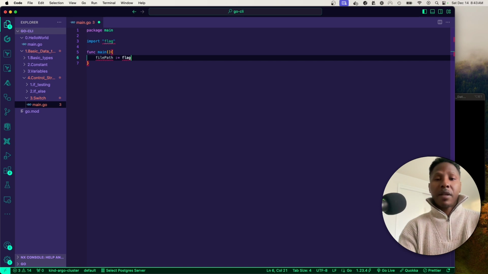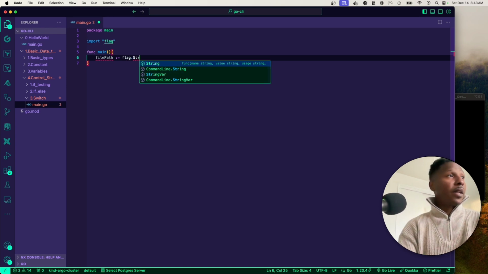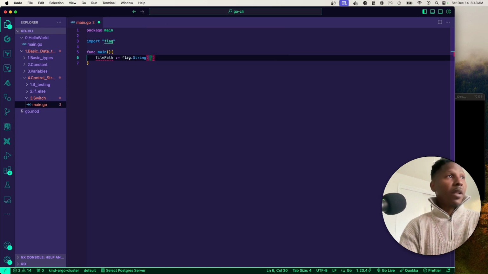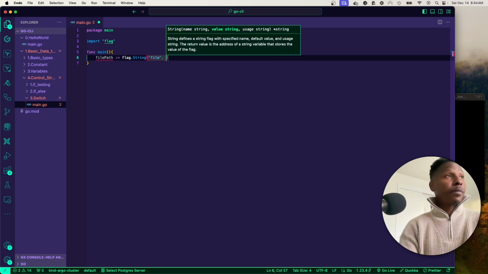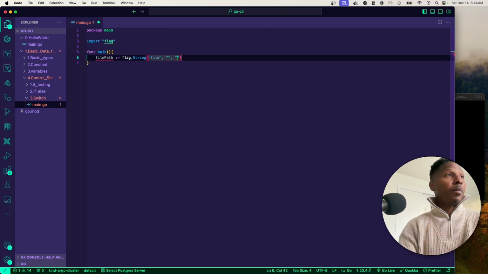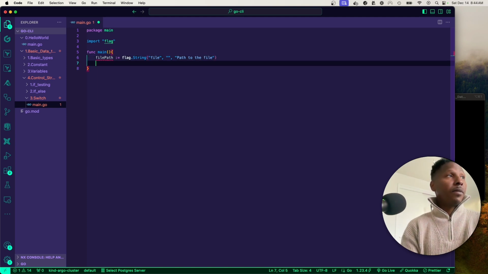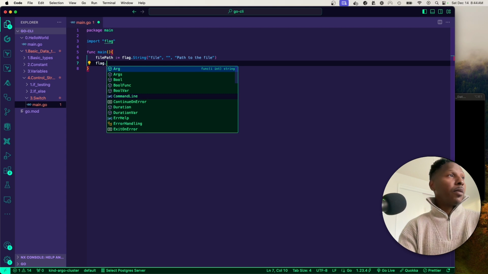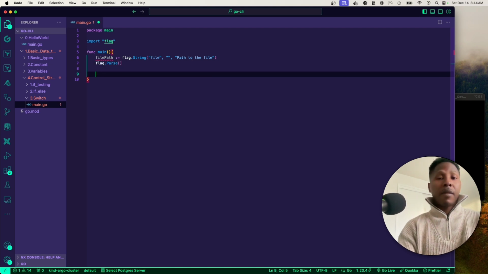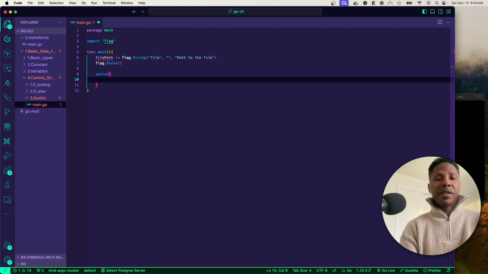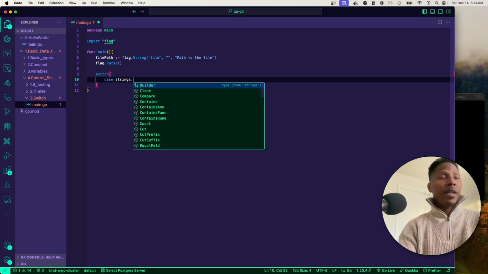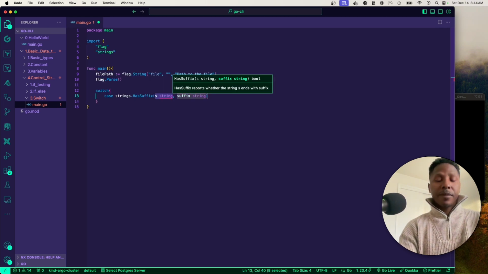So you can actually copy that code, but just to get our muscle memory going, you might want to just write it again. File path, path to the file. All right, flag.Parse. And then we want to say switch. And it's similar to how you do switch in any other language. Say case strings.HasSuffix. And what we're doing is